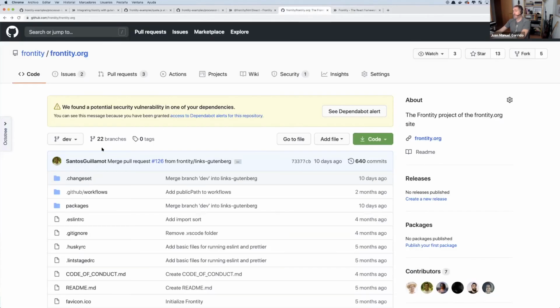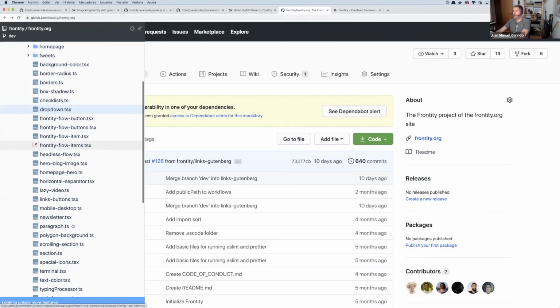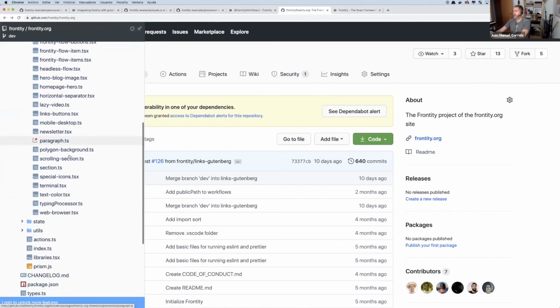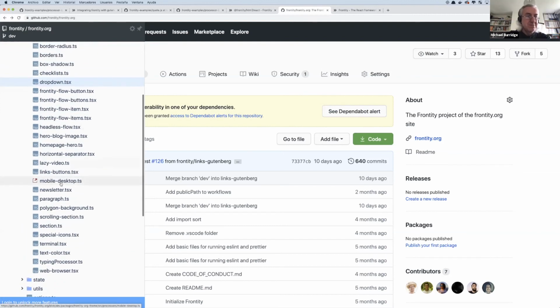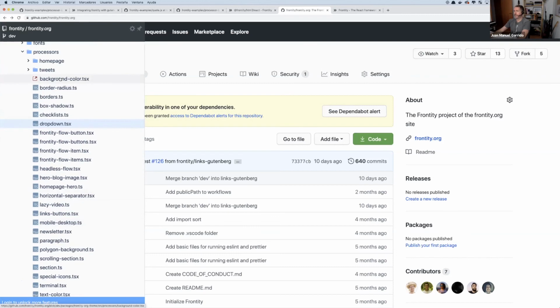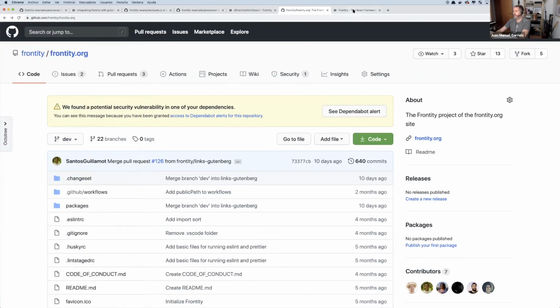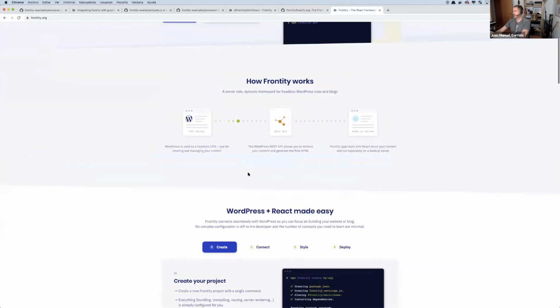And specifically to deal with Gutenberg properly, you may need some processors to return custom elements for different blocks created with Gutenberg. But this is an example of a complex project that deals with Gutenberg content, and this is the result of what you can